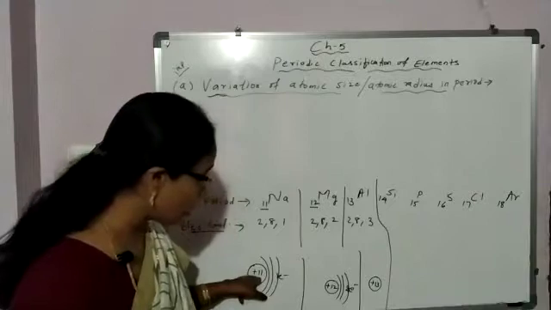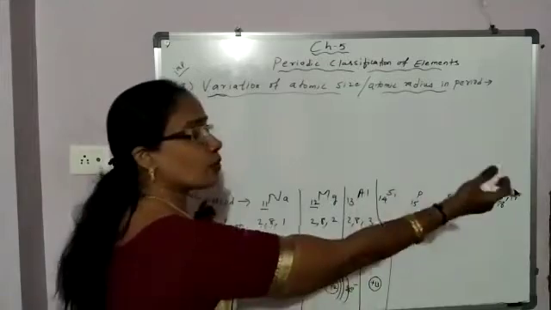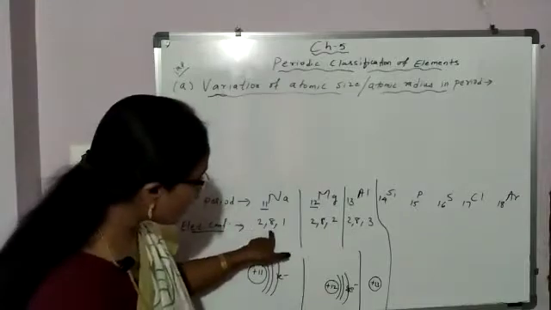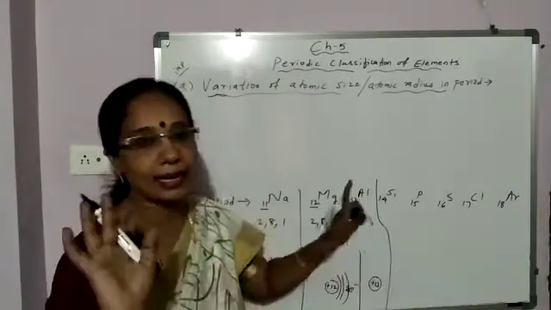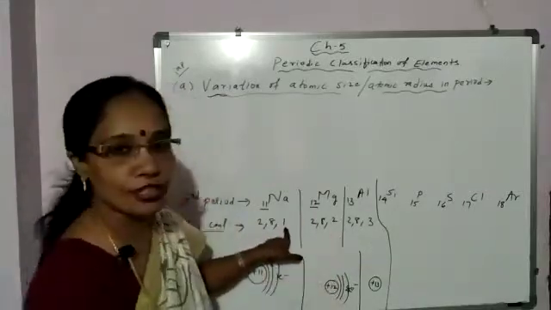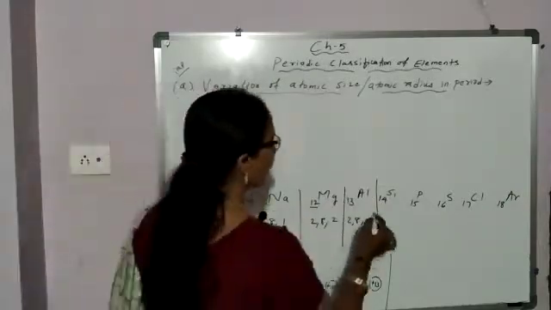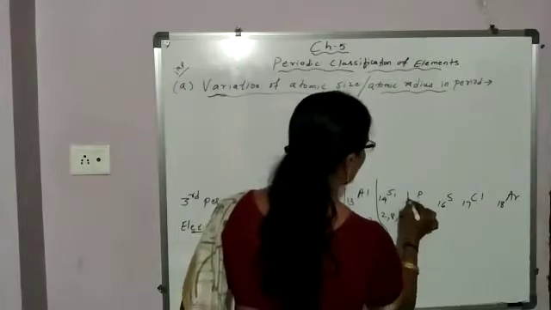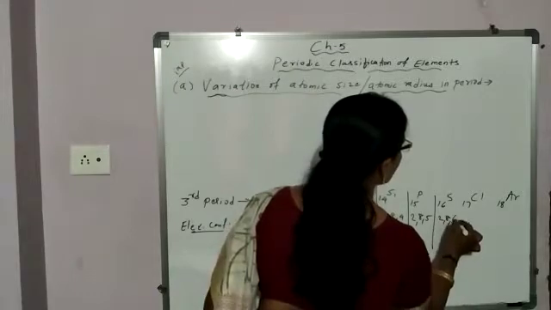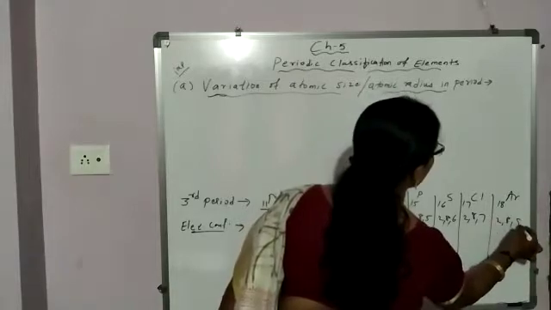So, you can see here nuclear charge +11, then +12, then +13. As we move from left to right in a period, nuclear charge goes on increasing, and the number of shells in which electrons are filled remains the same. Third period element, so 3 shells are filled, but in the outermost shell, one electron goes on increasing. Next, silicon 2, 8, 4, phosphorus 2, 8, 5, sulfur 2, 8, 6, chlorine 2, 8, 7 and argon 2, 8, 8.